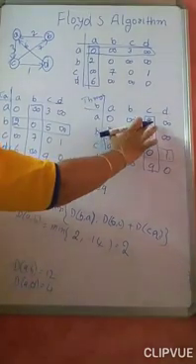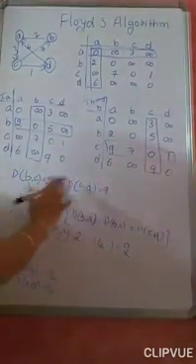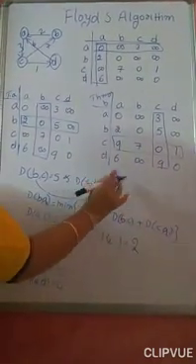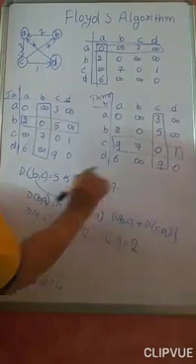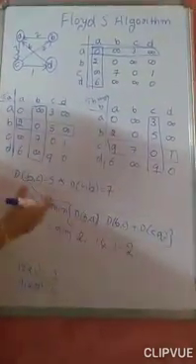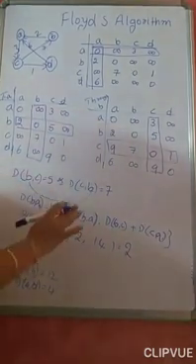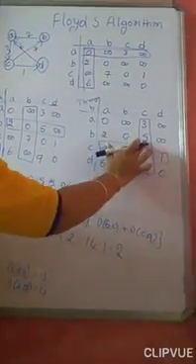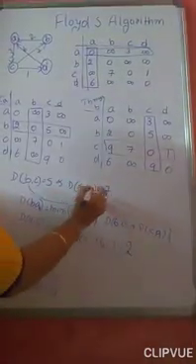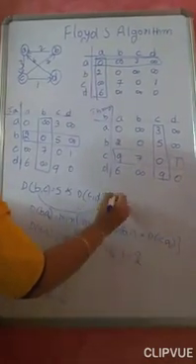Now, repeat this 5 with the 7. 7 means what? C to B. C to B is equal to 7. Therefore, B to B, anyhow, is a diagonal element. It will be 0. No need of writing it. Leave it. Now, I will repeat this 5 with this 1. 1 means what? C to D. C to D is equal to 1.